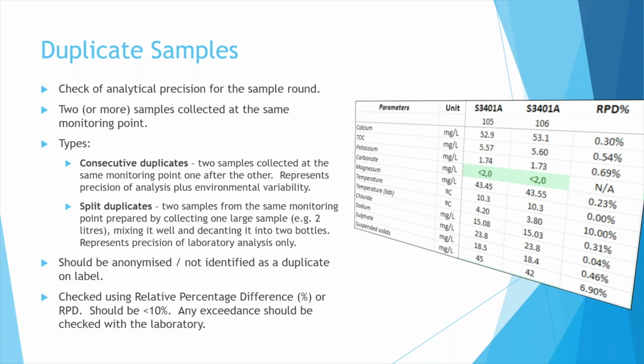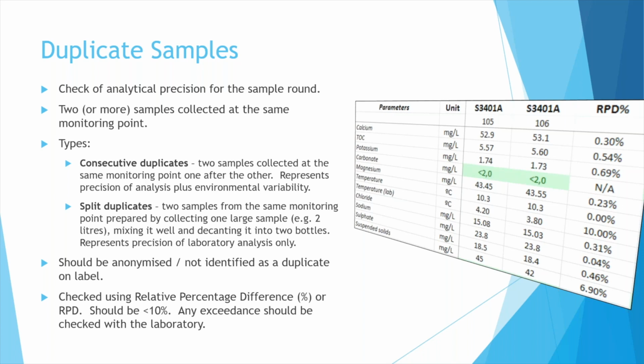Now, the second one, split duplicates, this is where you get around the environmental variability by preparing 2 duplicates from one sample, one large sample that you mix well and then decant into 2 separate bottles. So it essentially represents the sample at the same time, but as 2 parts. And so when that's sent away, that represents the precision of the laboratory only. Now, both blanks and duplicates should really be anonymized when they're being submitted to the laboratory, so the reference numbers given to them shouldn't allow them to be identified by the laboratory to make sure there's no form of bias